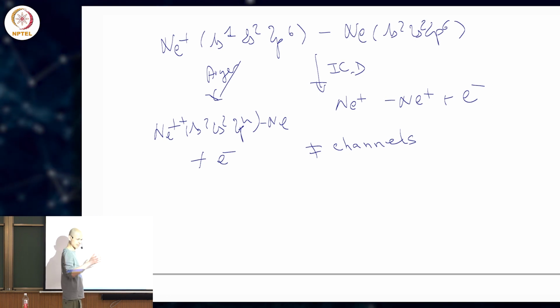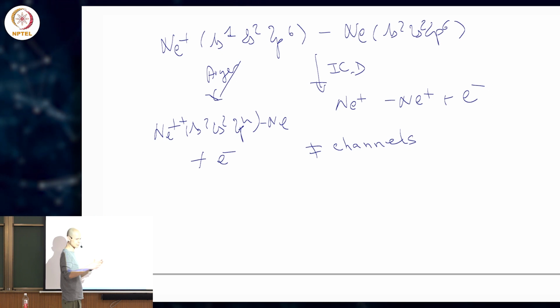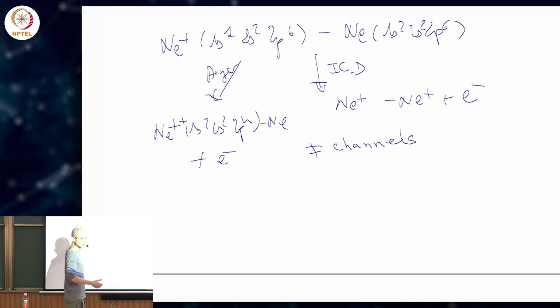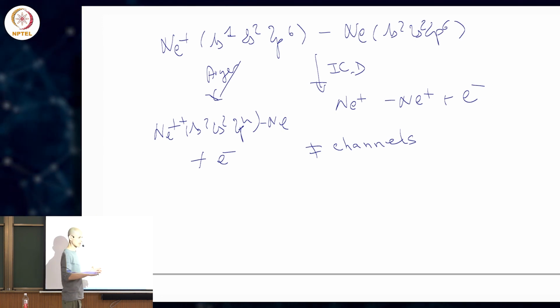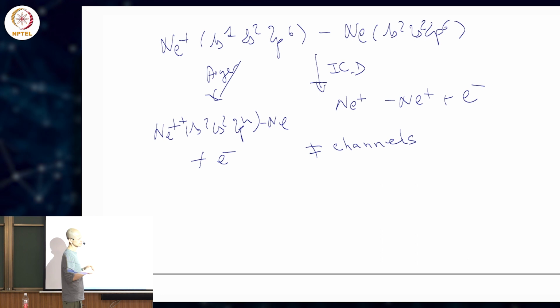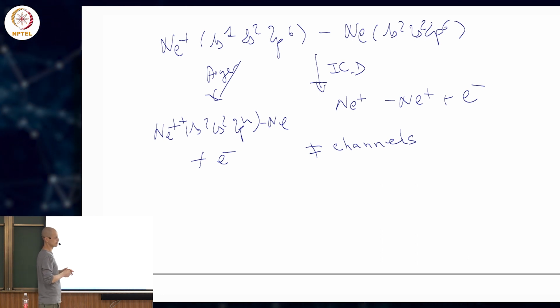It's like you take a bathtub, you have a hole, then it will leak through the hole. You make two holes, it leaks faster. Okay? And in that case, you should see Auger as a big hole because it goes fast, and ICD as a smaller one. The point also you're making is that from the neon dication,